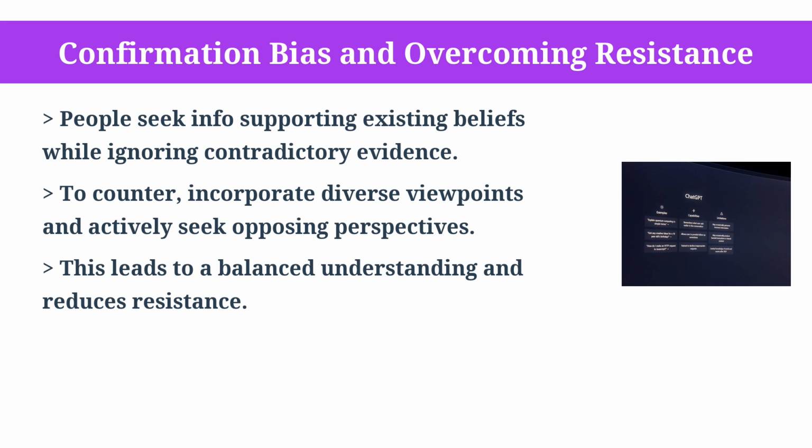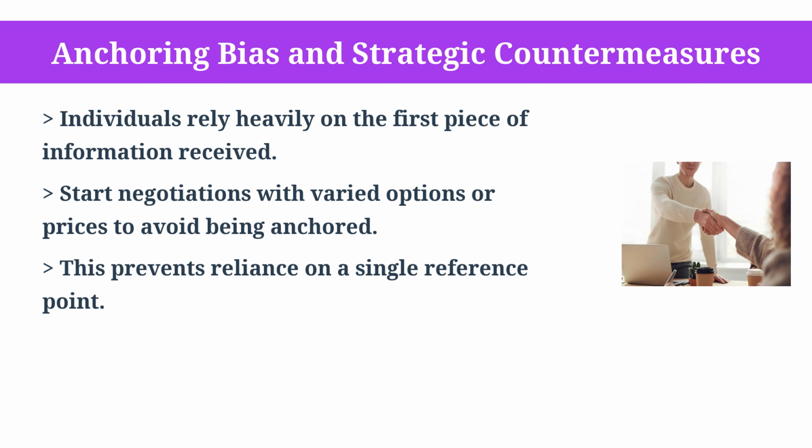Next up is the anchoring bias, where individuals rely heavily on the first piece of information they receive when making decisions. For example, if someone suggests a high-ticket price early in negotiations, that number can stick as a reference point even if lower offers come later. To counter this, we might start by presenting several options or varying prices upfront to avoid being anchored by one